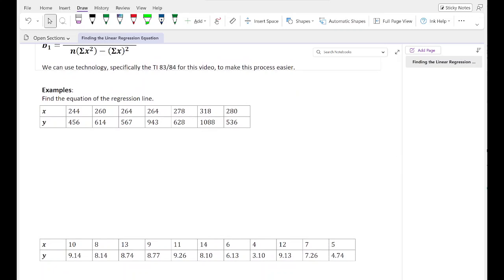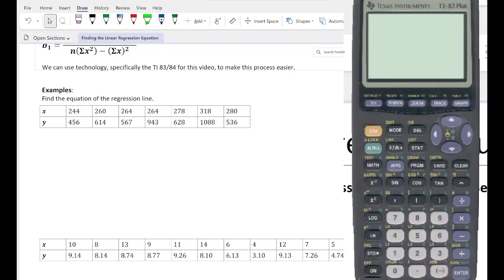So here is my set of data. And so now I'm going to bring up my calculator here. And we're going to put in the data. So we're going to go to stat, one edit, and we're going to put in our data. So 244, 260, 264, again, another 264, a 278, a 318,